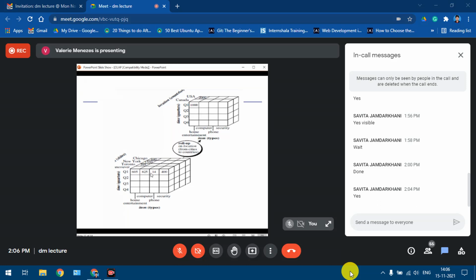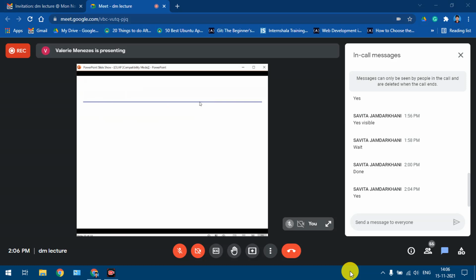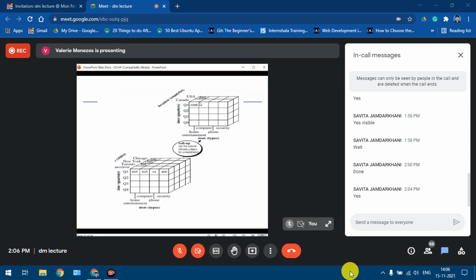So we are climbing the concept hierarchy from city to countries. Is this clear? You can just take this down. Understood this, students? Instead of being done city-wise, we climb the hierarchy from city and compute it country-wise, and from country-wise we can compute it continent-wise and so on.